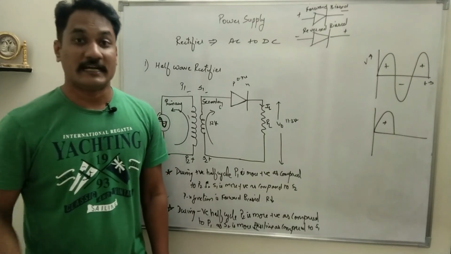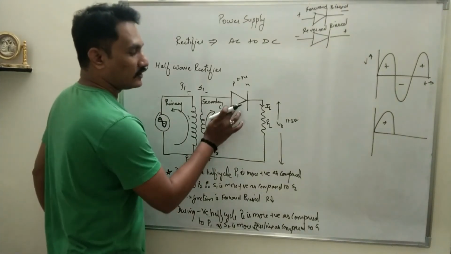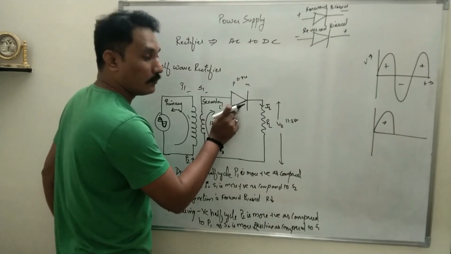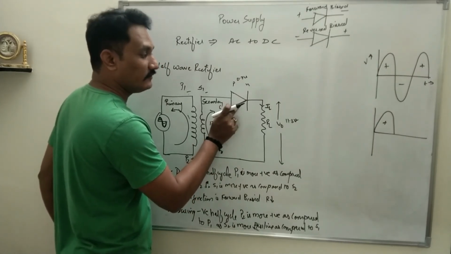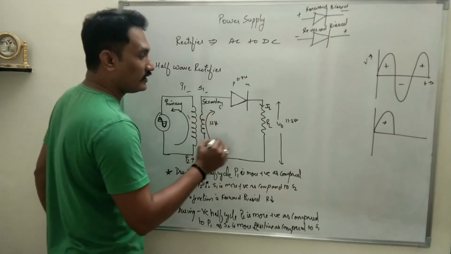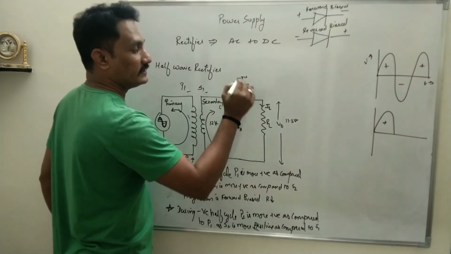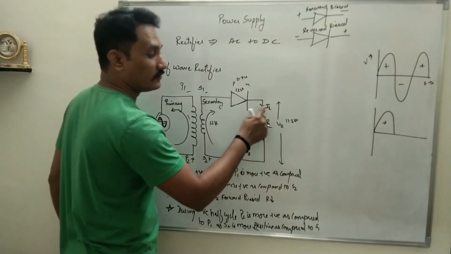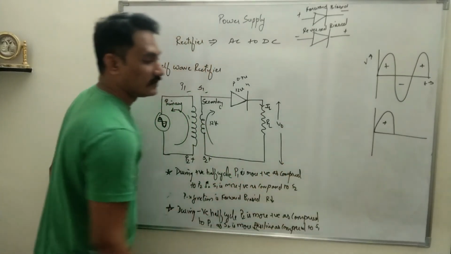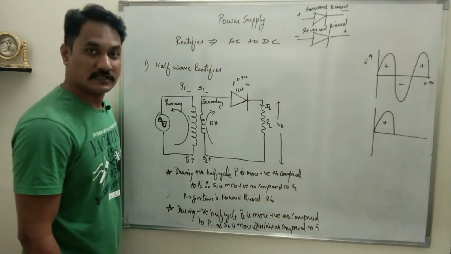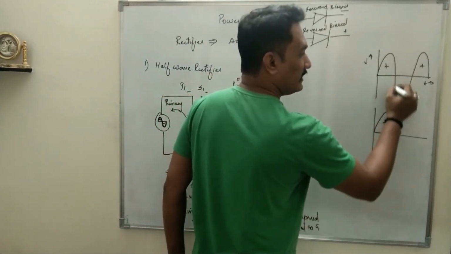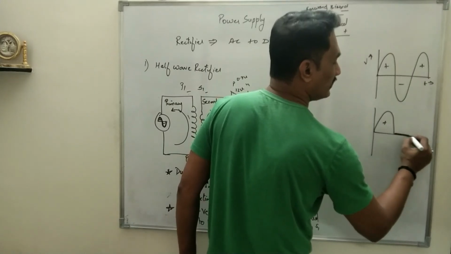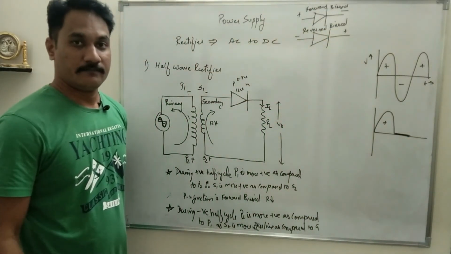Now the PN junction is acting as an open circuit because the resistance is very high. So the entire secondary voltage will be dropped across the PN junction diode, and there will be no voltage drop across the load resistance. Understood? So if that is the case, will there be any negative half cycle at the output? No, it will be as if the negative half cycle has been clipped from the circuit.